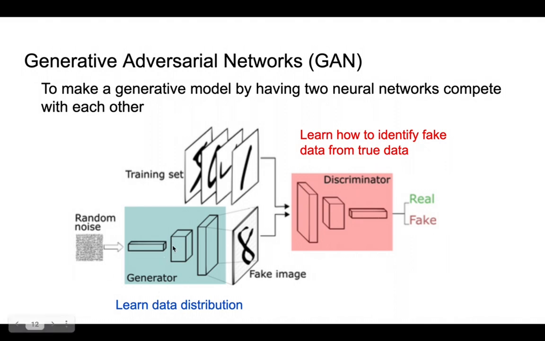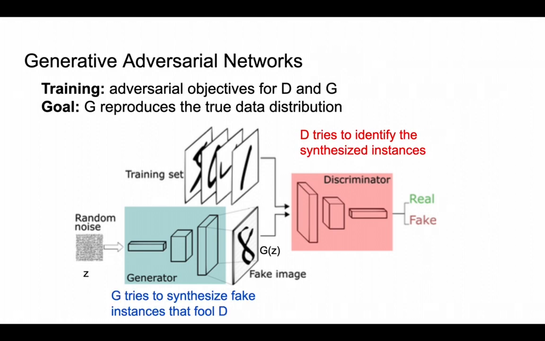The goal of the generator is to produce a fake image that can trick the discriminator, making it fail to tell the fake from the real. Therefore, the training of this GAN network has adversarial objectives for the discriminator and the generator. The generator will try to reproduce the true data distribution. This means it will try to synthesize fake instances, while the discriminator tries to identify the